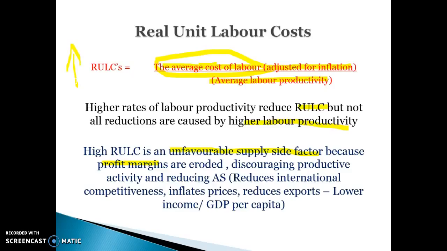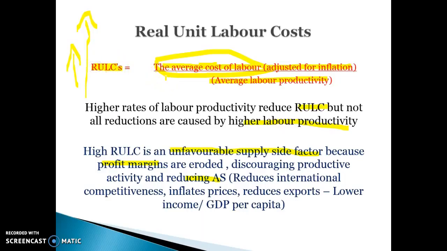It's costing them more per unit of output. It's going to discourage productive activity and reduce aggregate supply. If our real unit labour costs are going up lots, then that's likely to lead to reduced international competitiveness, inflating prices and reducing exports. So whenever we talk about labour costs increasing, say we're in a tight labour market, that's going to lead to higher real unit labour costs, assuming productivity stays roughly the same, and that's going to